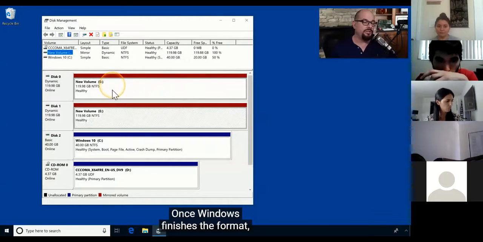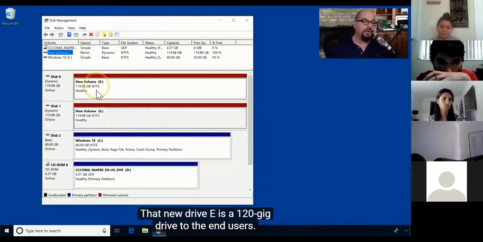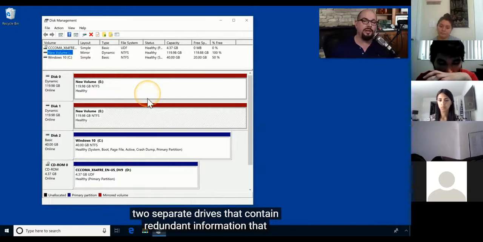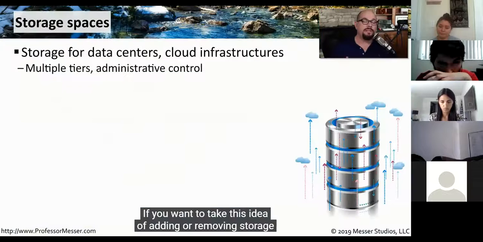Once Windows finishes the format, we now have a new volume, Drive E. That new Drive E is a 120 gig drive to the end users. But for us, we know that these are actually two separate drives that contain redundant information that is being mirrored by the operating system. If you want to take this idea of adding or removing storage to the next level,